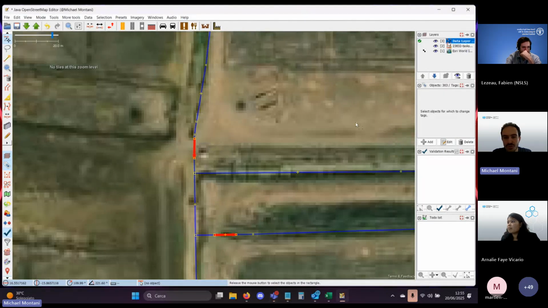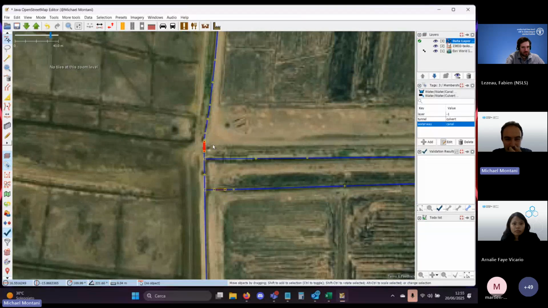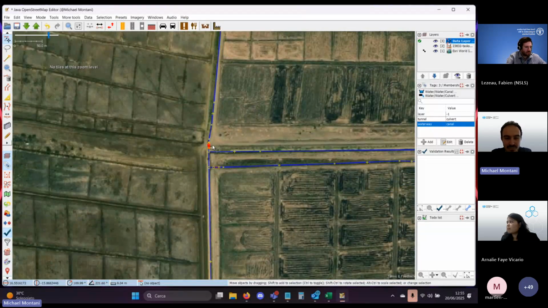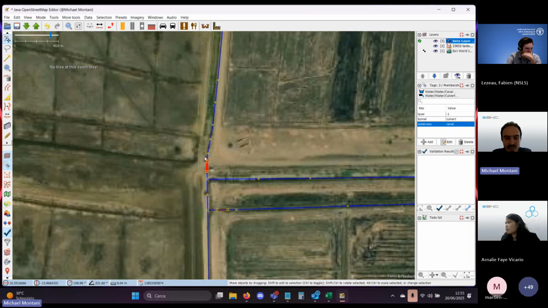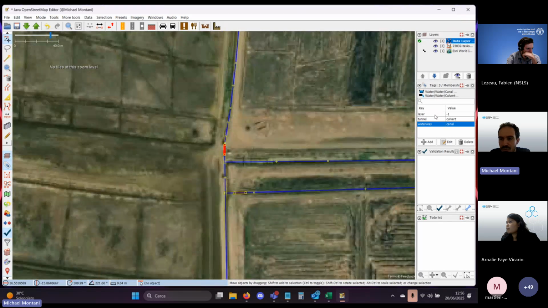If you want to map very precisely, to really say that in that area the waterway is not crossing the road, but instead is passing below the road, we should add a couple more tags.